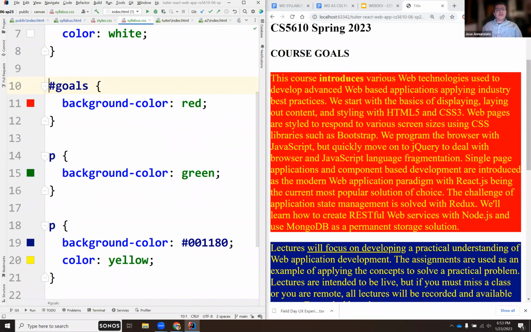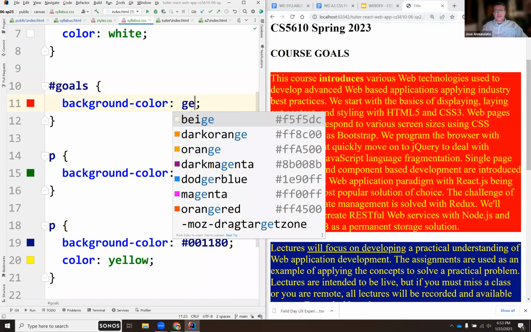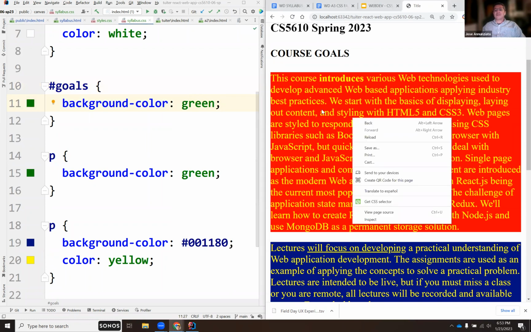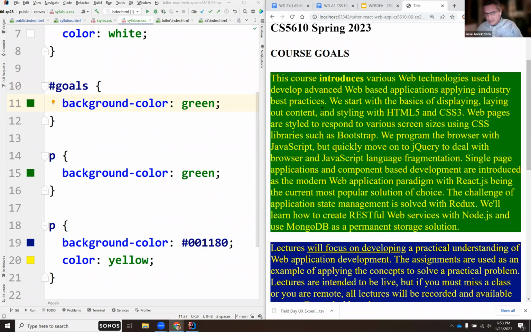So if I save that and I refresh, notice that indeed it doesn't change. If I change this to green, just to make sure, and I refresh, notice that it takes over, that green. Make sense? Okay, let's keep going. So we know how to reference DOM elements by their name, by their IDs. We can also specify